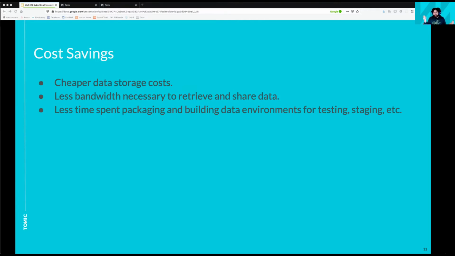Likewise, it's a lot cheaper. It's also just cheaper to store data if you're storing it in the cloud or even on your own hardware. It's less bandwidth necessary to retrieve and share that data with others. And it's less time spent just packaging and building that data for different environments, especially if you want to have